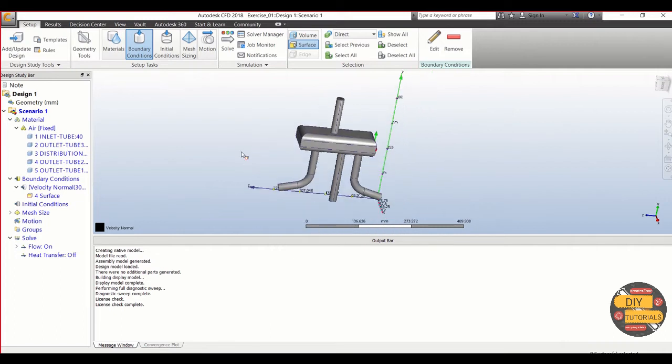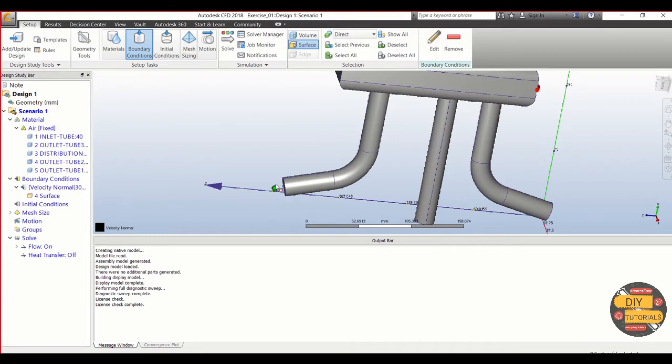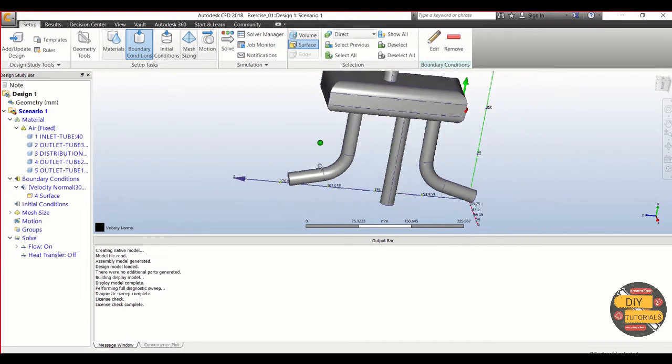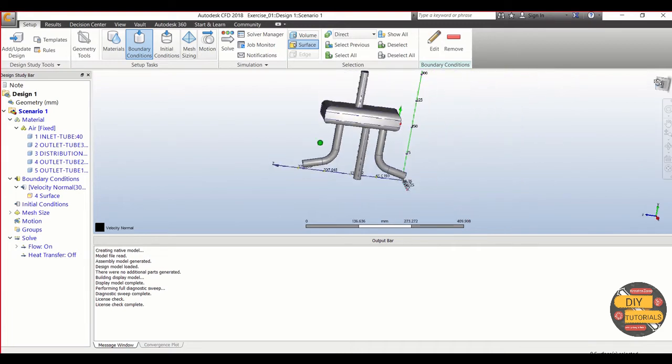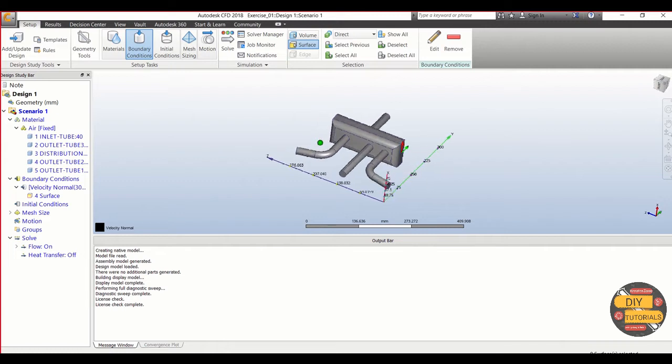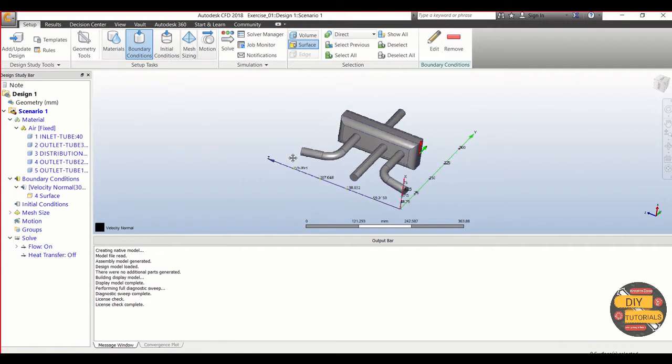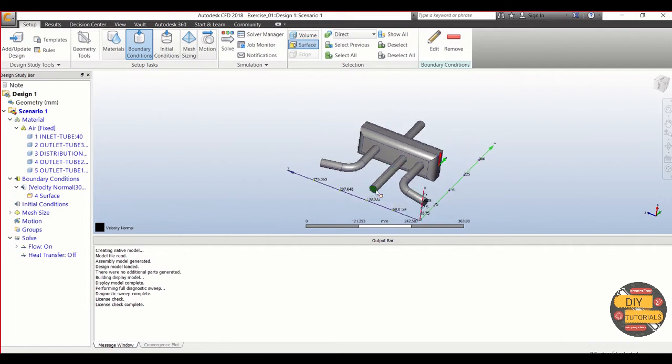Okay. So now as one of the boundary conditions is assigned, let's assign the next one, which is pressure. Let's assume that the pressure is 0 Pascal at the outlets. So these are the outlets. Here let's select the pressure.